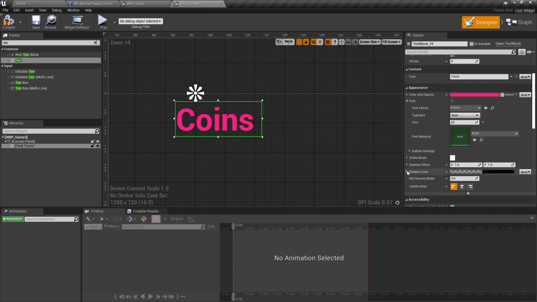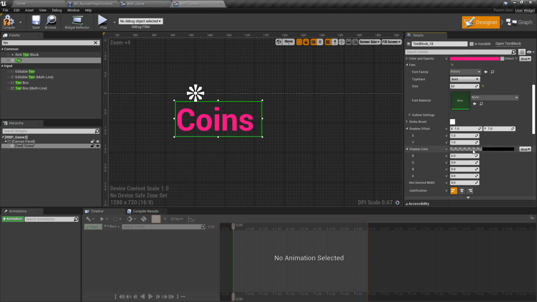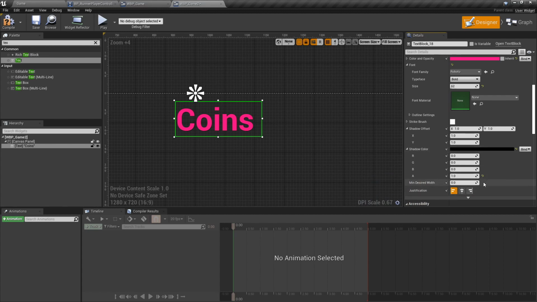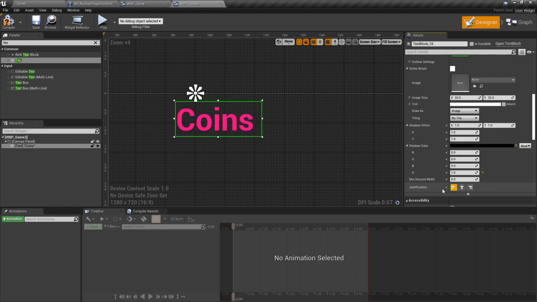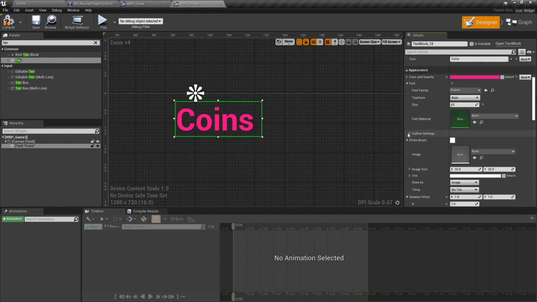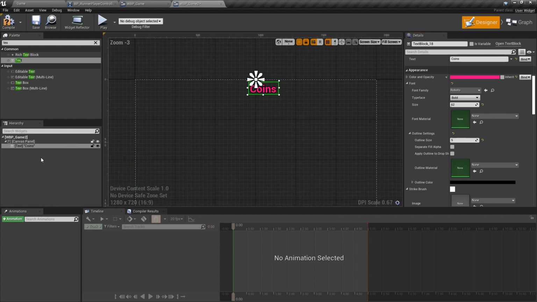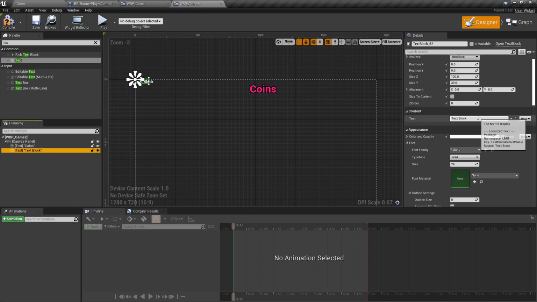because you can do things like shadow color, and put that. You can change the justification, outline. So you can place an outline, all sorts of things. So just spend some time to have a nice UI, user interface. You can add more text. Another one, we can use this for